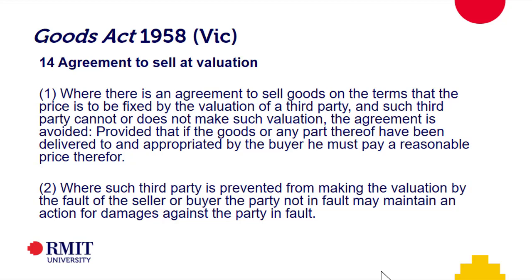Those of you who come to M&A with me, we can fight then about Russian roulette clauses and all sorts of things that people can do to try and manipulate, because it might be that he just wants Michael out, so he's prepared to pay $1 more than Michael will, and they'll work out which way to go. Each has to make an offer, and the one with the highest offer wins, all those kind of clauses. But the Goods Act says in relation to goods that you can do that, provided that if the goods or any part of them have been delivered to and appropriated by the buyer, then they need to pay a reasonable price.